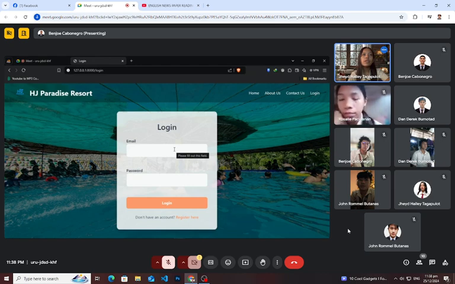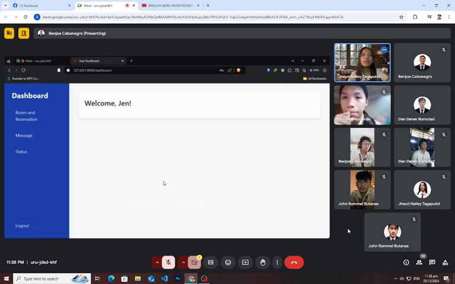So once the user enters their information and submits the form, the system validates the details to ensure secure access. If the credentials are correct, the user is granted access to their personalized dashboard or account, providing them with the features and services tailored to their needs. So the admin dashboard will be discussed by Mr. Salif Pakulano.